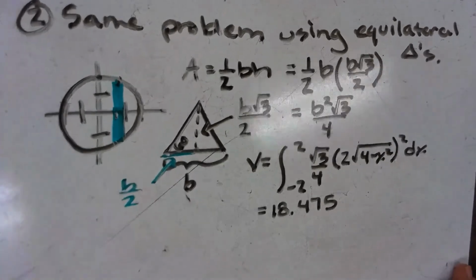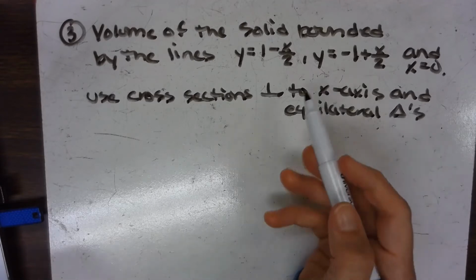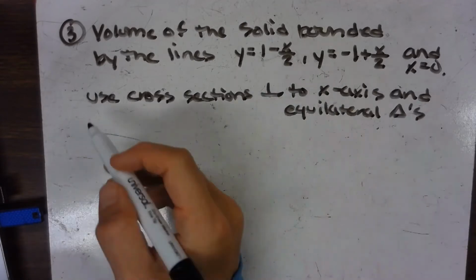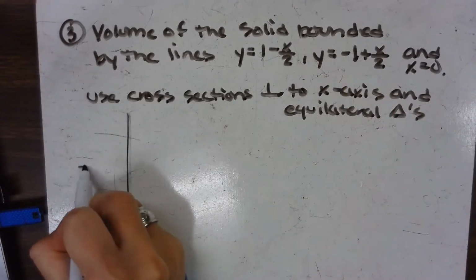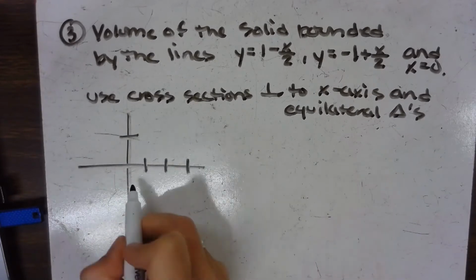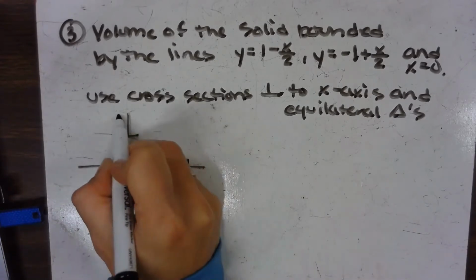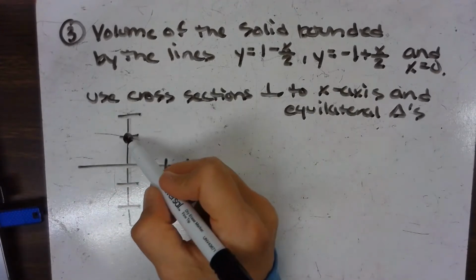All right, our next problem, number 3. The volume of a solid bounded, so this time we're looking at a different picture. It's bounded by this graph right here and this graph right here and x equals 0. So if we need to, we'll graph it. The y-intercept here is +1 and the slope is -1/2. So down 1